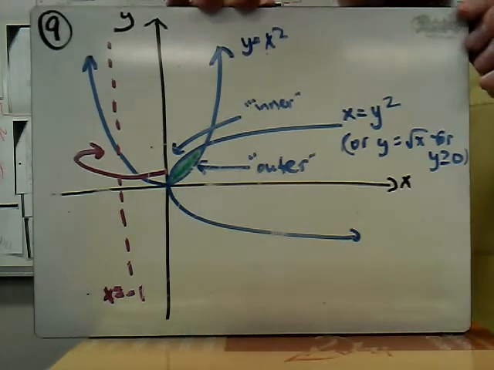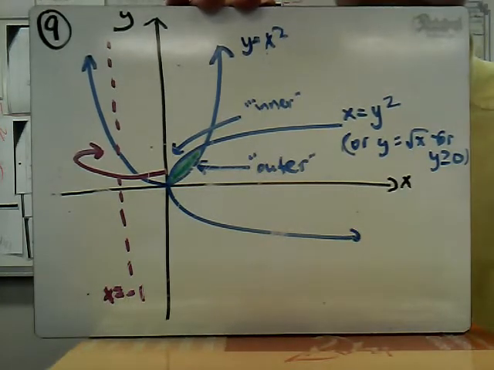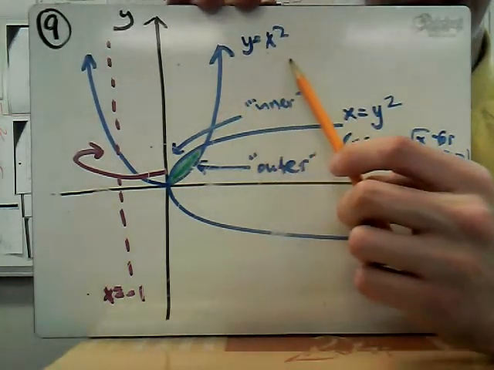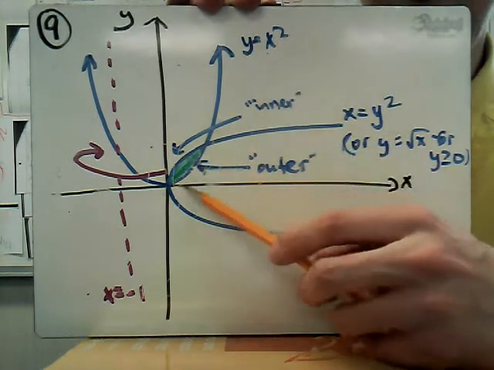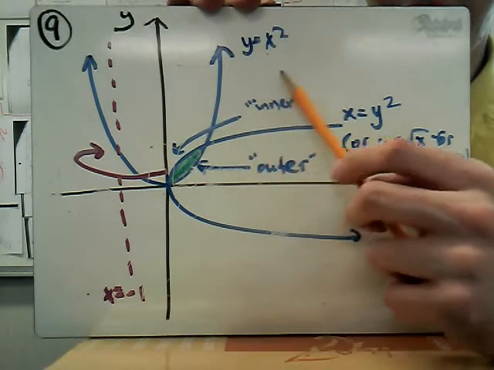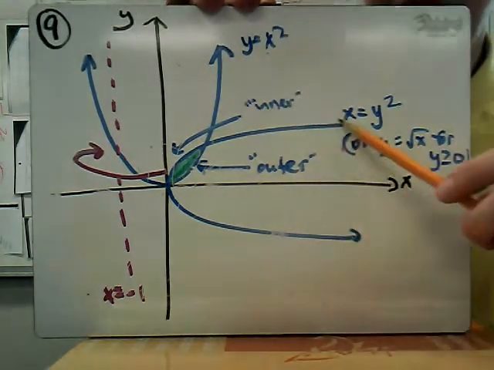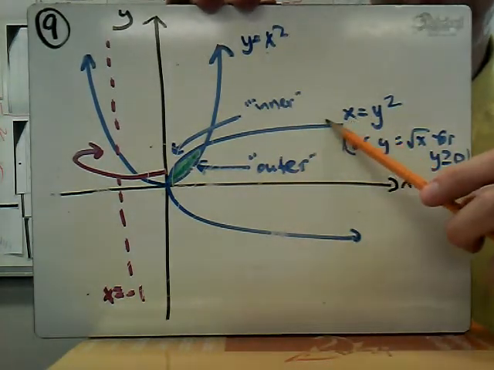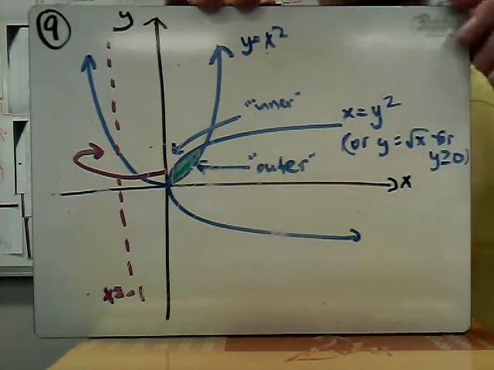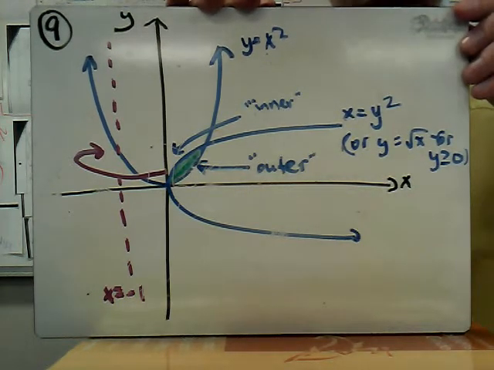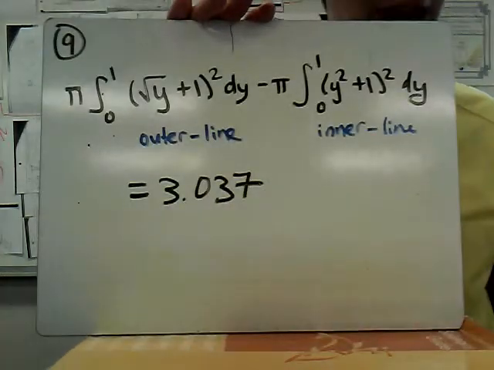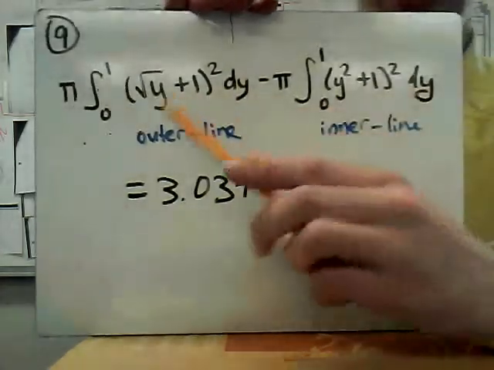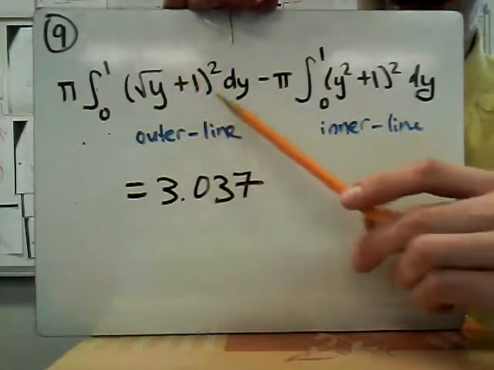How does the integral look? The key thing in the integral is that we're going to need to solve for x in each of these situations so that we get x is equal to the positive square root of y, which would be the positive part of this first parabola, and we can keep the x is equal to y squared. Remember that y is equal to x squared is our outer function. So that when we set up our integral, we get the integral from 0 to 1 of the square root of